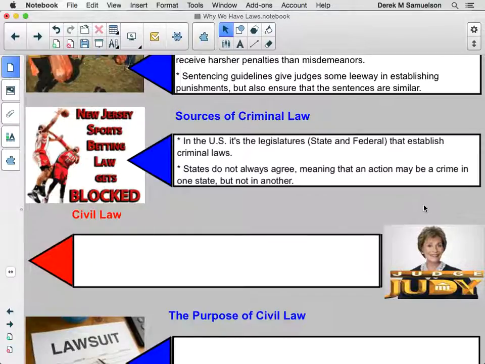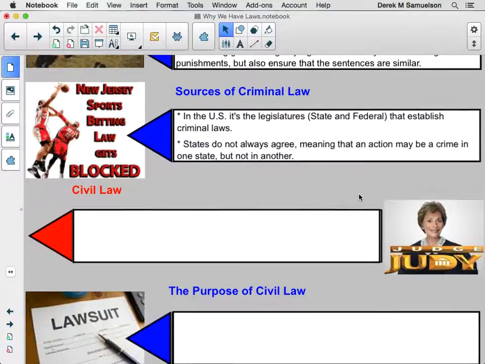We can take smoking marijuana as an example here. In several states, including Colorado, it is not illegal to smoke marijuana recreationally, whereas in the state of Michigan, it is. This is because whether or not an individual is allowed to recreationally smoke marijuana is something that has been decided differently by these two state legislatures, with Colorado saying yes and Michigan saying no.